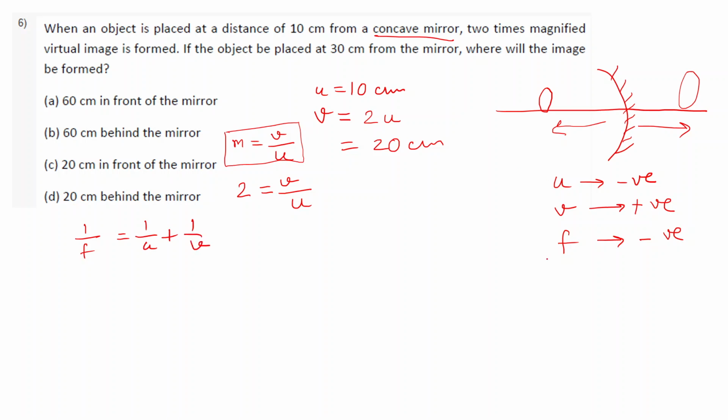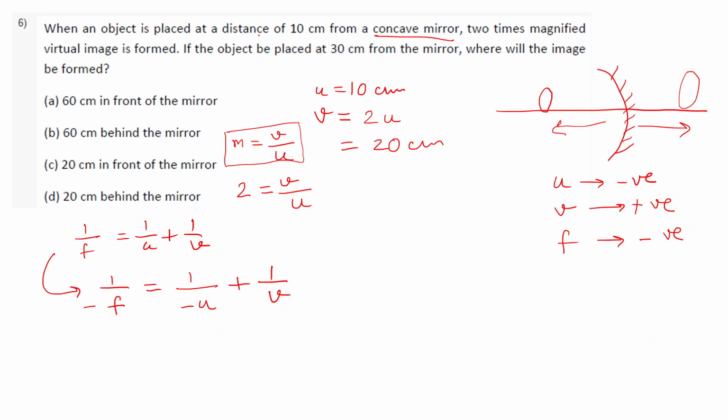Now incorporating this sign convention here, it will become 1 over minus f, because it's negative. Then u is negative as well, v is positive. So this is my final mirror formula for concave mirror and for this particular condition actually. So this is my correct formula here. Now putting the values here, I need to find out,